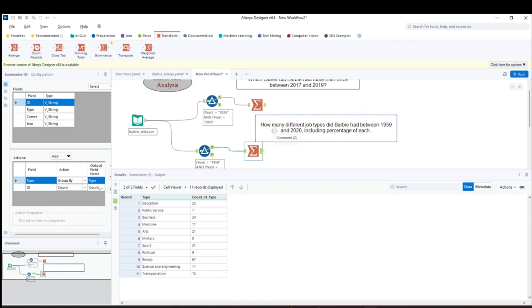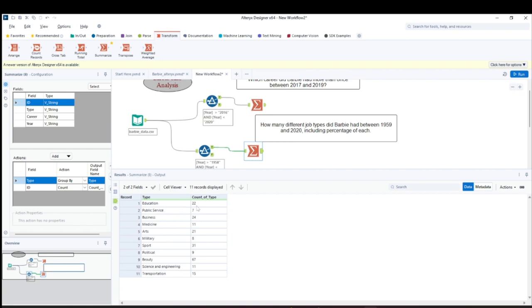That's what I wanted in the first question: how many different job types did Barbie have? These were the different job types Barbie had between 1959 and 2020, the year we used as a filter. And these are the count of each type.